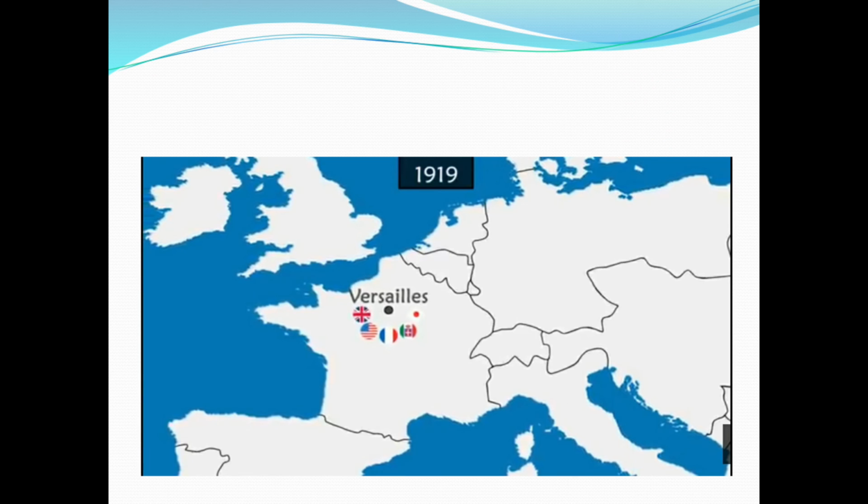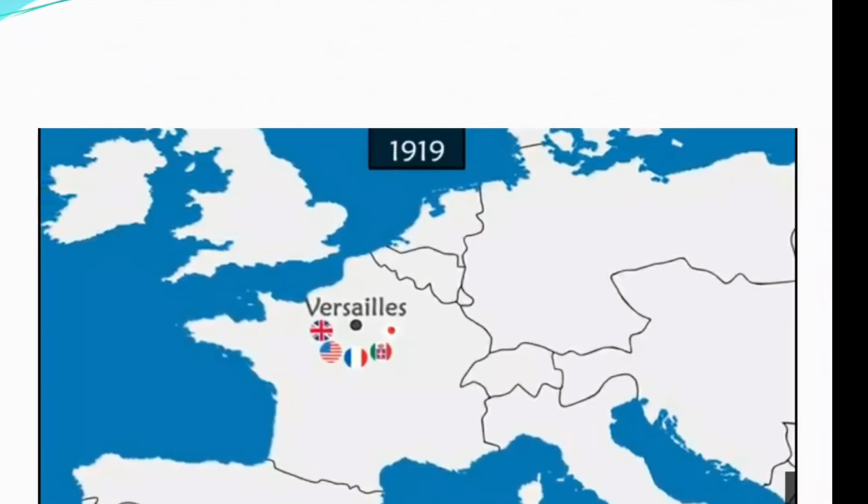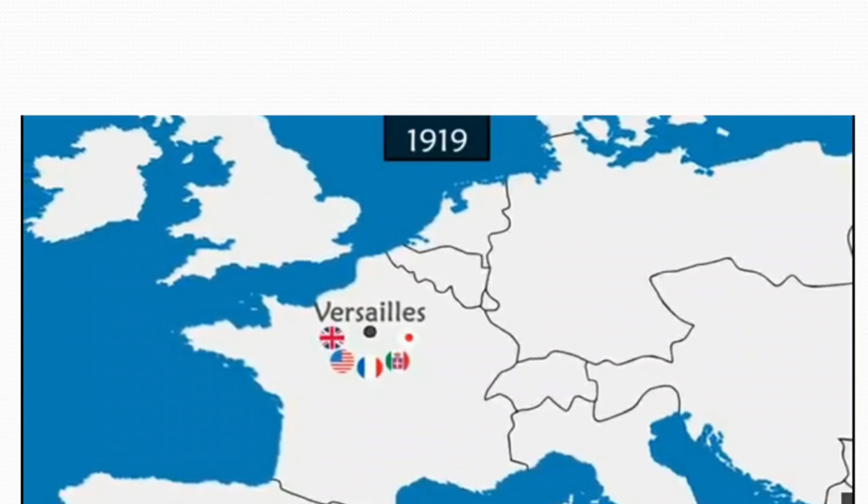Now, in 1919, Versailles, which was a suburb of Paris, came up with a conference. The victorious powers, or the Allies, met for a conference in Versailles for the very first time,